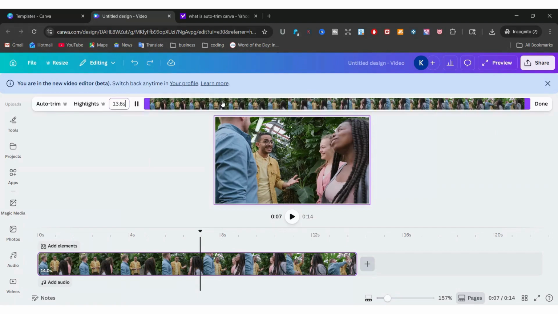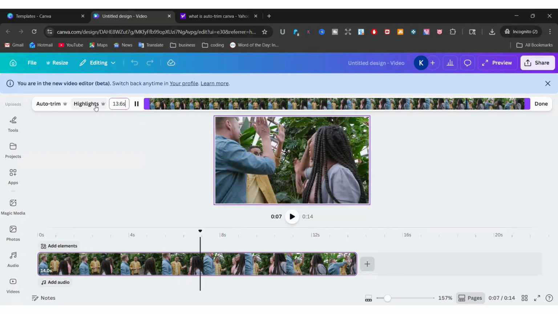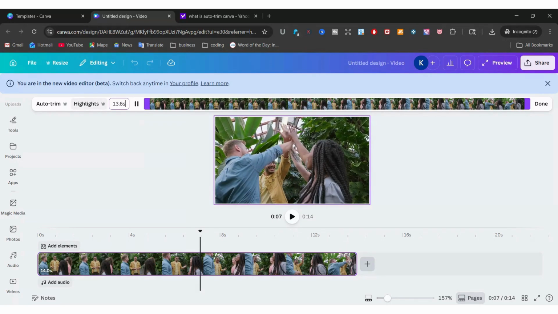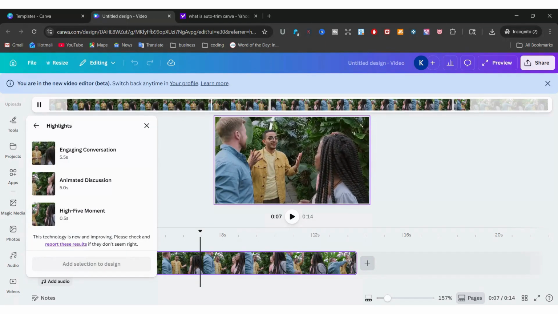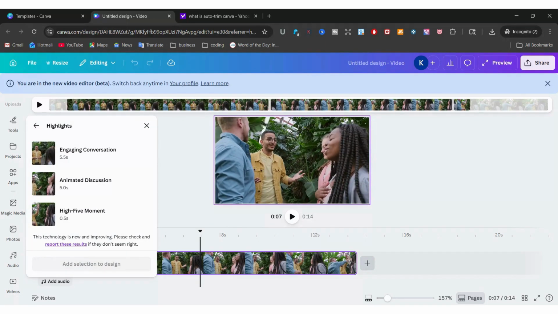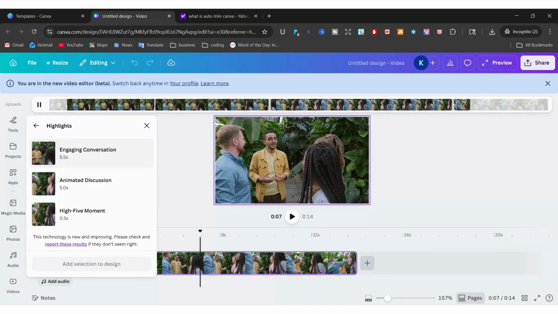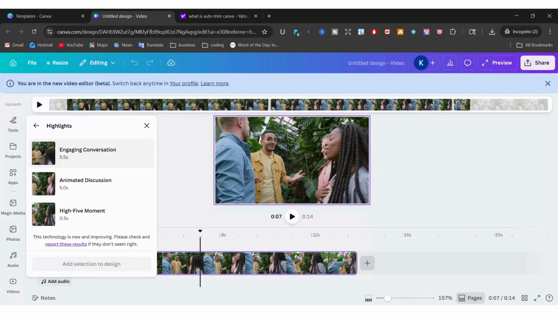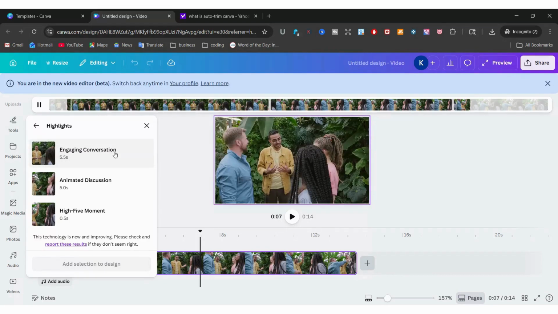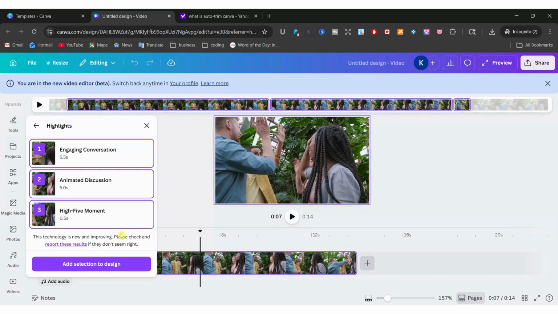One more thing you can do is go back to Trim, click on Highlights, and this feature is also for Pro users only. And what this does is that it will break down your video clips into sections. So Canva will identify the most important sections in your video, and it will try to break it up into what it thinks are the most important